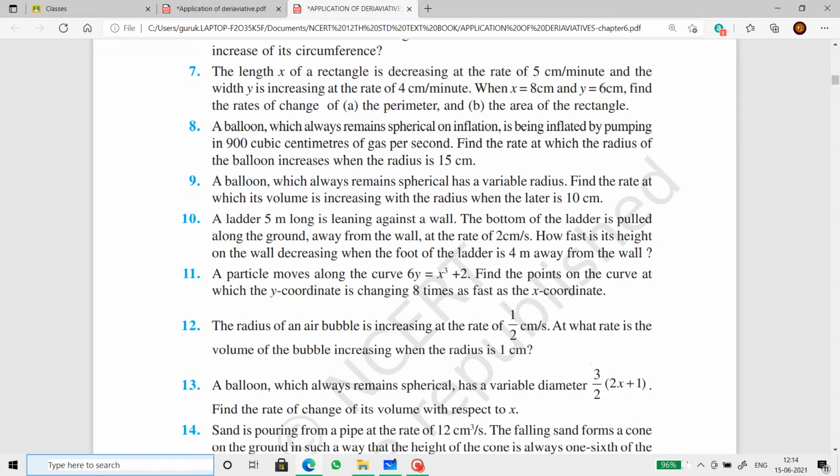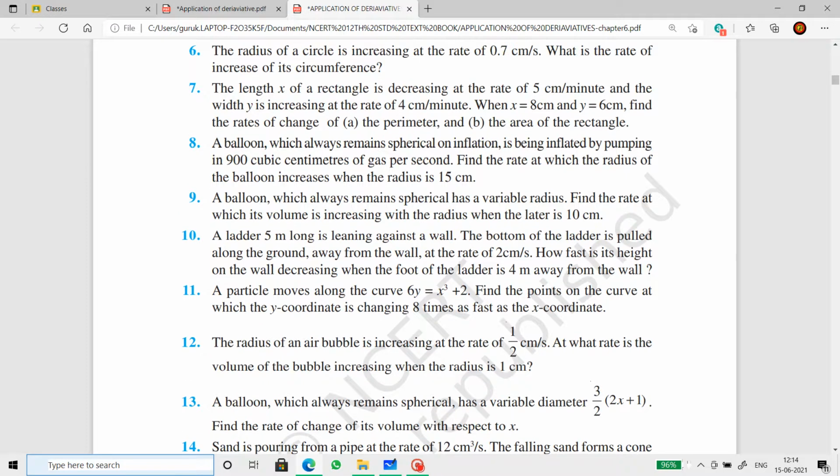So almost all the sums are similar to that. Okay, there are some unique models which are important here. Some of them I'll explain on my blackboard. So all this you can definitely try. They are very simple ones. Look at the seventh one.